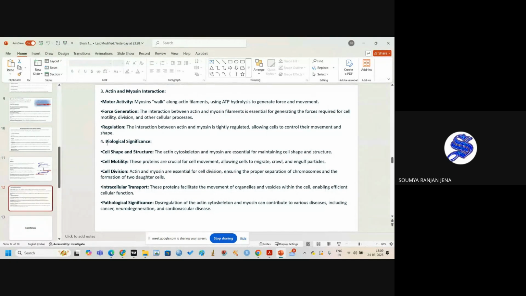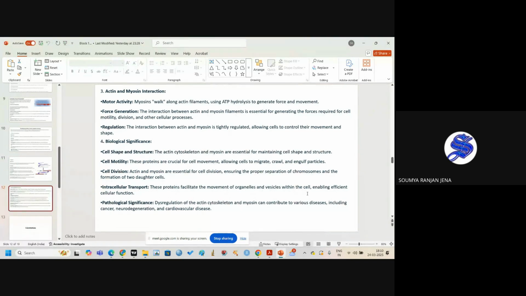If we go to the biological significance of these two, that is actin and myosin, the actin cytoskeleton and myosin are essential for maintaining cell shape and structure, and these proteins are crucial for cellular movement, allowing cells to migrate, crawl, or engulf different particles to form endocytic vesicles. And actin and myosin are also essential for cell division, ensuring proper separation of chromosomes and the formation of two daughter cells. And these two proteins facilitate the movement of organelles and vesicles within the cell,